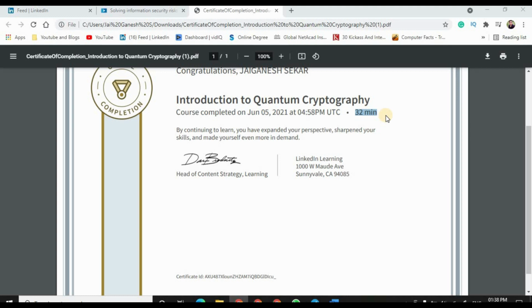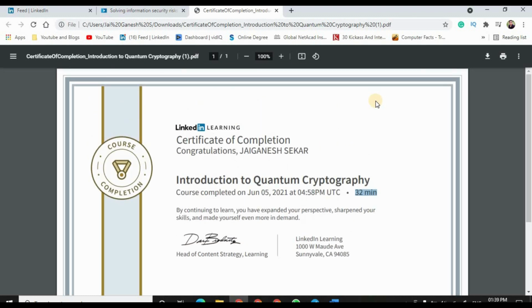These certificates have recognition because they are from a recognized organization, that is LinkedIn. But in order to add value to these certificates, you should have practical exposure. So that is how you can complete a course, and then earn a certificate for any course that you complete on LinkedIn Learning.